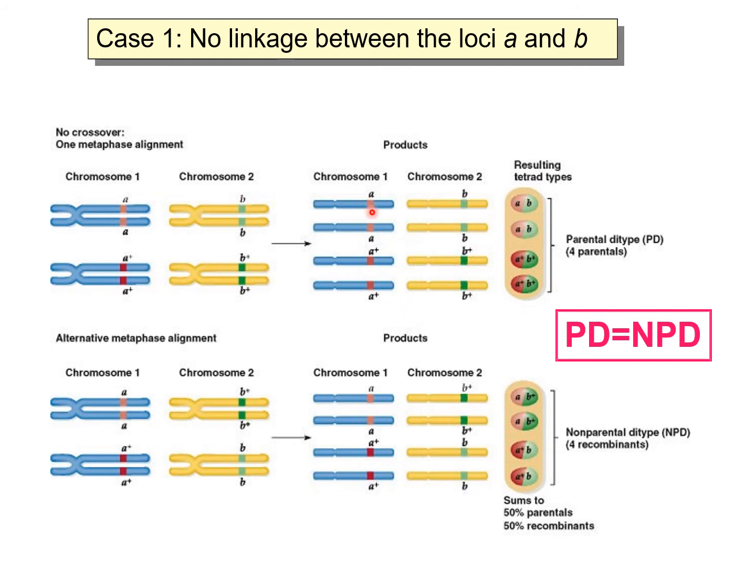See, this one has small a and small b as it is. This will go over here: small a and small b. Second, small a, small b, small a, small b. Now here a plus, b plus, a plus, b plus. So it is like the parental type. Therefore, parental genotype is there, and therefore it is known as the parental ditype. Two types are there, no? Small a, small b, and a plus and b plus.